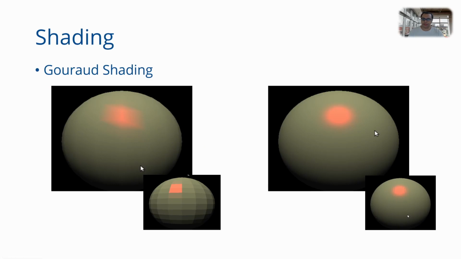Here is the output that you will get. So you can see that if you use large sized facets, in faceted shading you would have got the result that is on the left side bottom. You have seen this result earlier, whereas the result on the left side top is what you will get if you do Gouraud shading.